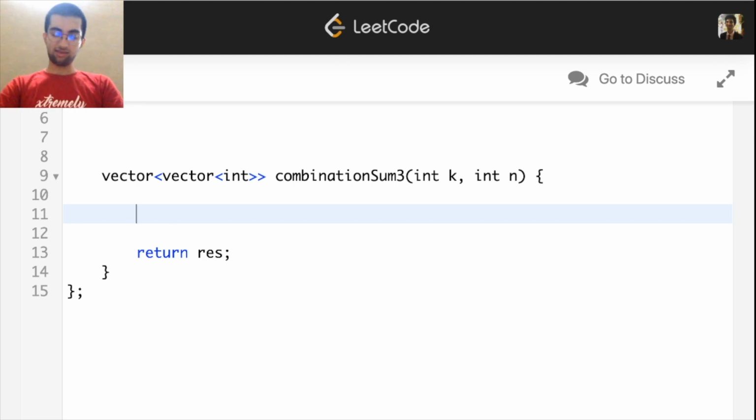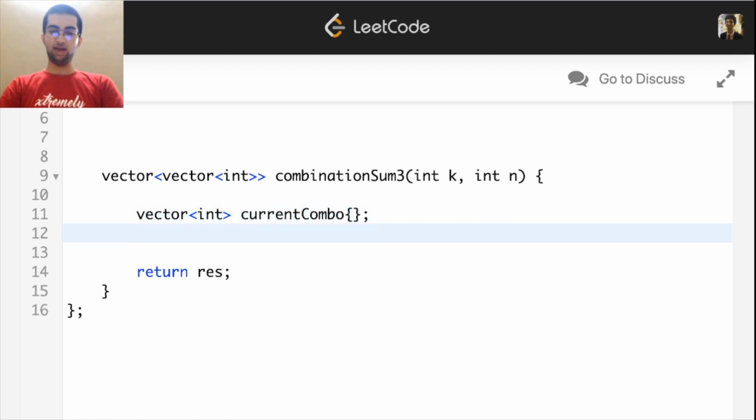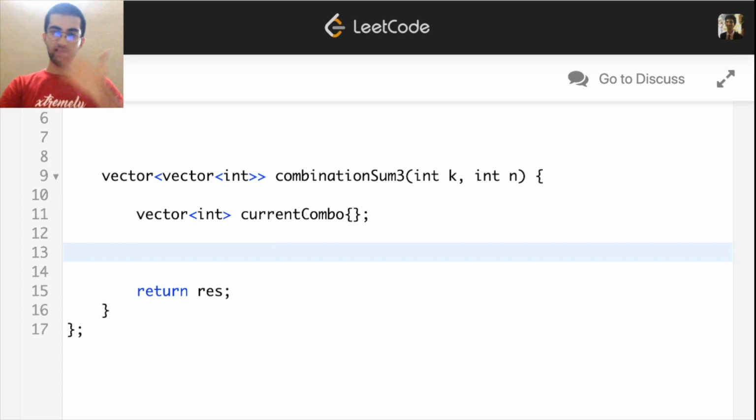So let's first have our current combo, right? This is empty. And then I'll go to my function which will recur and start creating all the combos. So I'll call it generate n comma k and current combo.